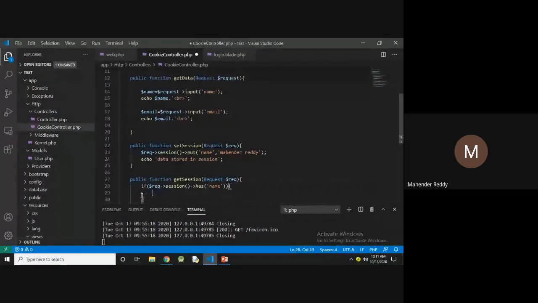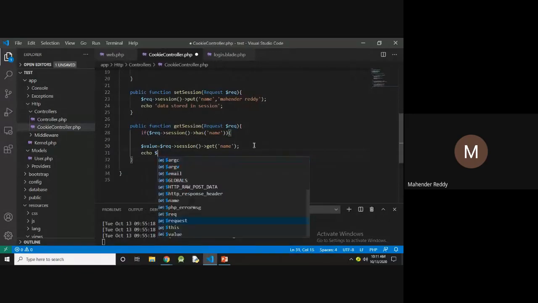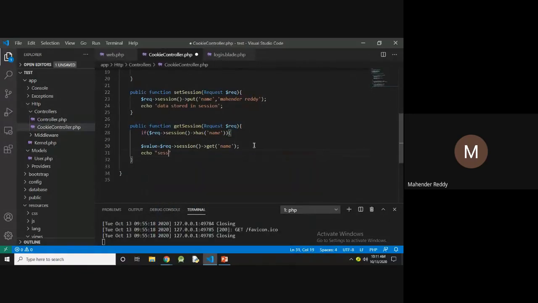So if it is available, then it uses the get method, and after that it will display the data is $value.